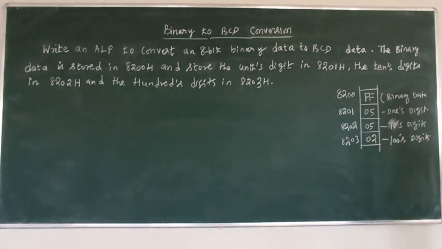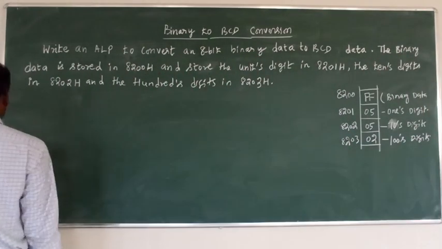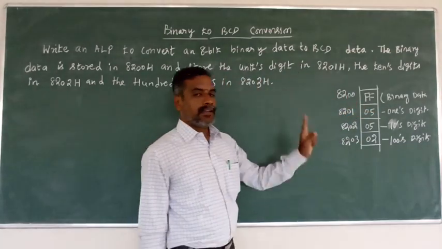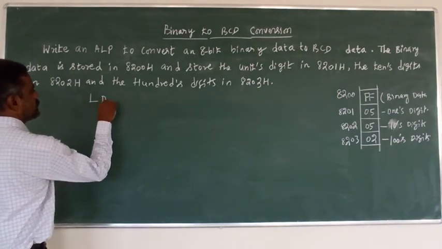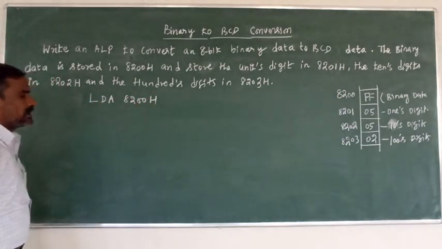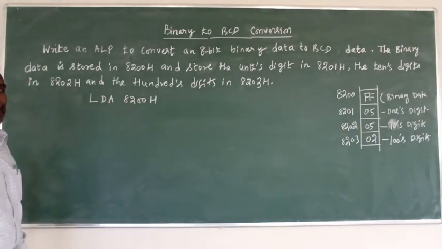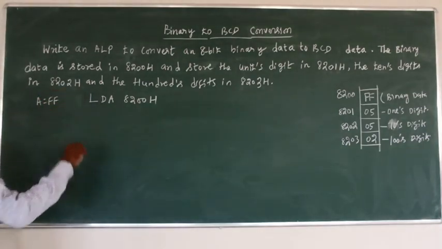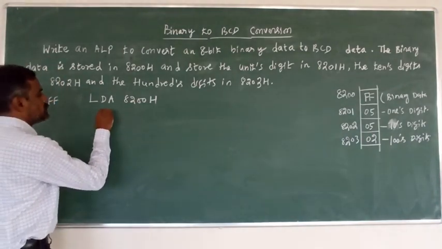Okay. For this, we have to write the program. First, load the data in address 8200. LDA 8200H. The data at address location 8200 is loaded directly into the accumulator. Now, say the accumulator holds FF, and to clear